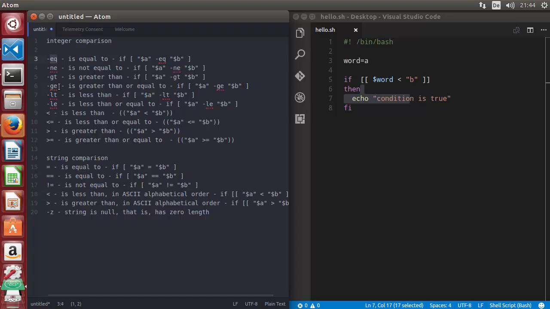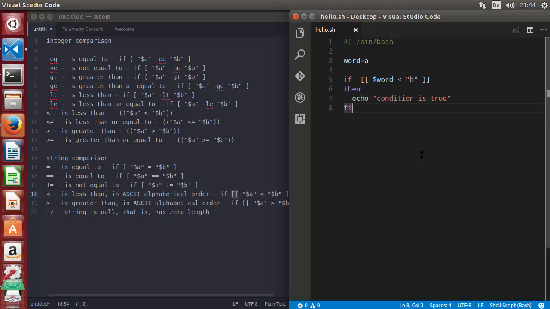So whenever you want to use comparison operators with integers, you can use single square brackets with these EQ, NE or GT operations. Whenever you want to use these angle brackets on integer comparison, you need to use double parentheses. Whenever you want to compare strings, you can use single equal to or double equal to for equality. And whenever you want to use angle brackets with strings, you just need to use double square brackets. Okay. Now there can be some other